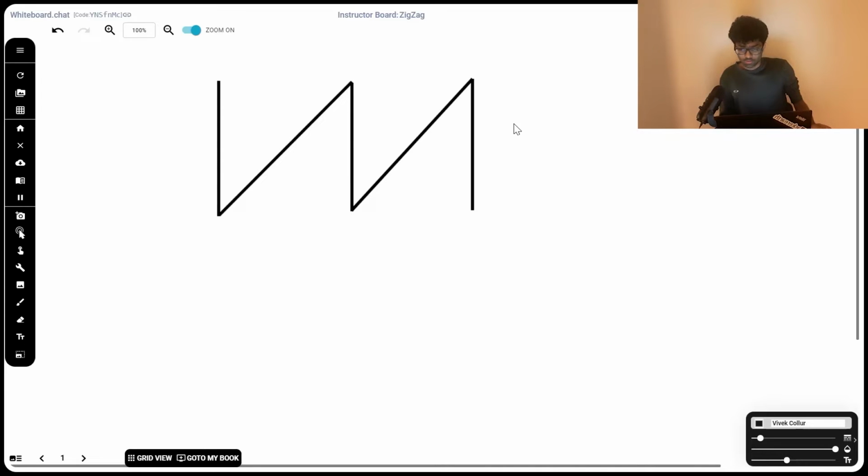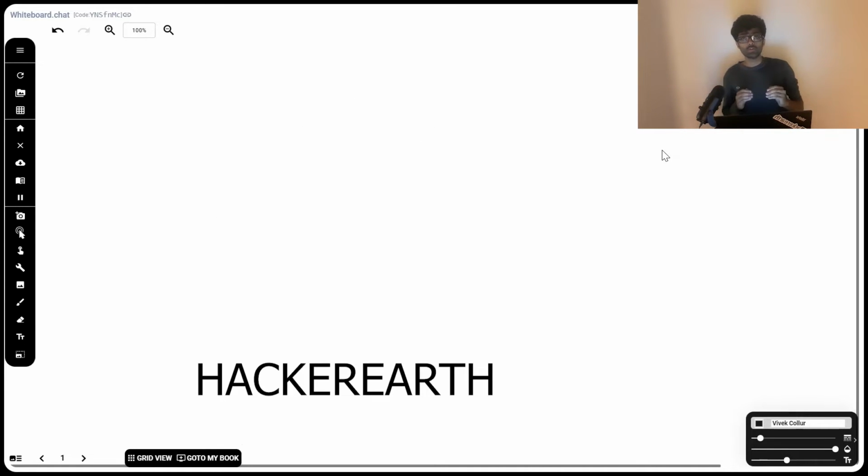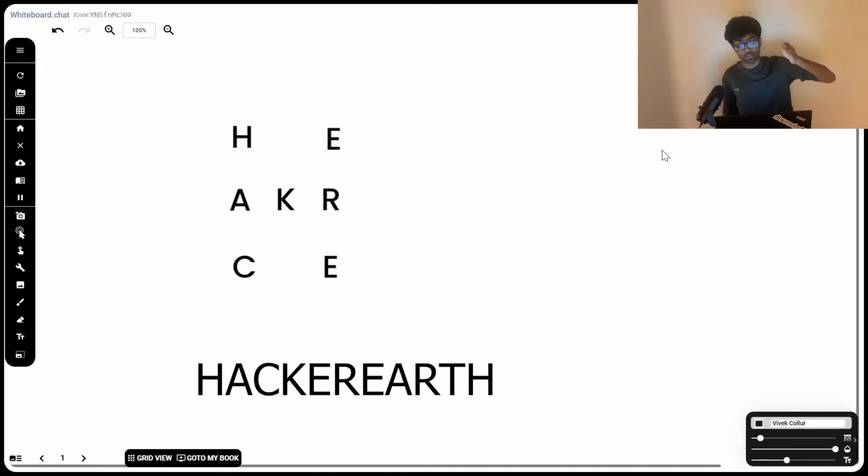Let's have a look at a string right here. Suppose we were to get hacker earth as our input string. We'd first display h on the top left, then we'd go in a zigzag fashion. If our number of rows was 3, we'd first go vertically down till 3 rows were filled. Then we'd go diagonally upwards, change directions, and vertically downwards to form a Z, a horizontal Z. Repeat the same thing until every single letter has been completed.